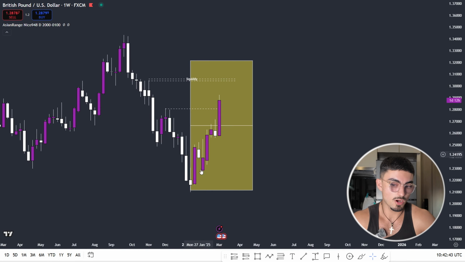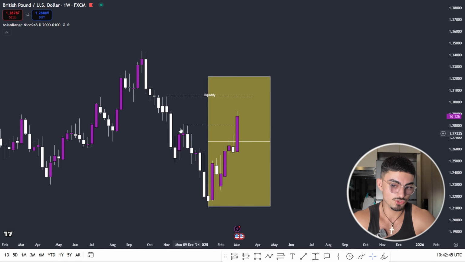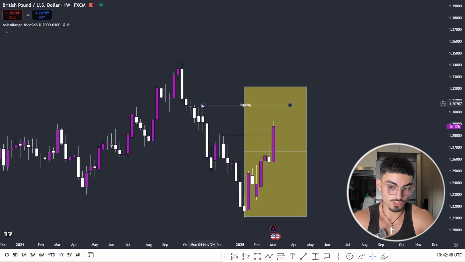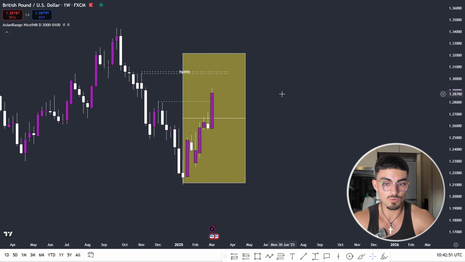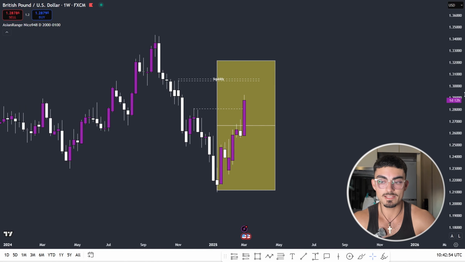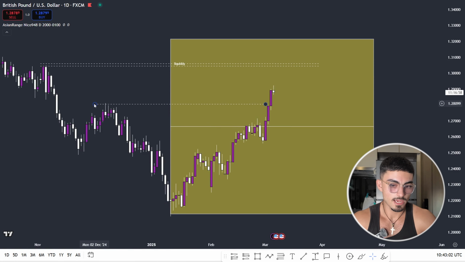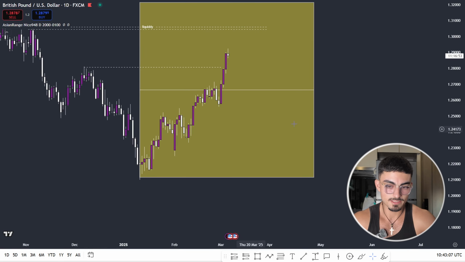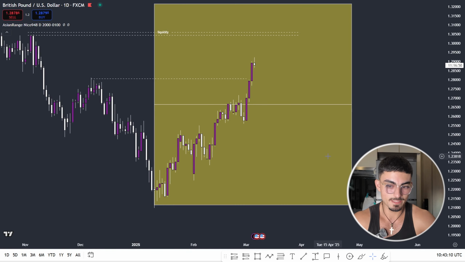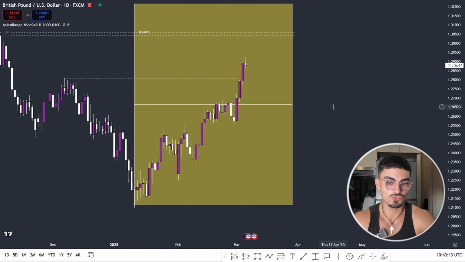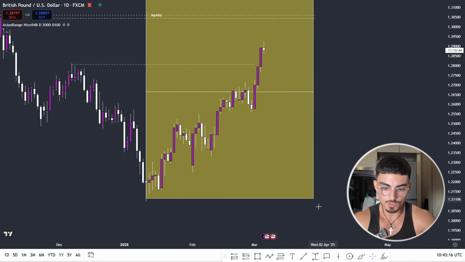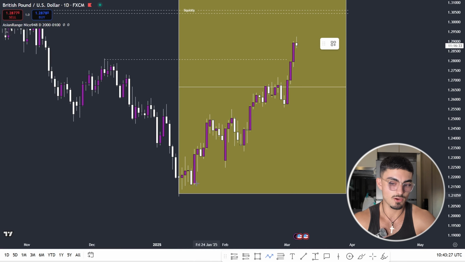So now that we can establish that the market is clearly trending higher, it's taking out previous structure and it's heading towards future structure, for example, this liquidity point up here, now we can drop down to the daily time frame and start to analyze this as well. And guys, I'm just going to literally focus yet again on this yellow box we can see right here, okay? Let's now focus on the market structure within this yellow box and show you that we clearly are trending higher, okay? So, what did I say before? I said an uptrend is when we're forming higher highs and higher lows, something like this, okay? And as you can see, we clearly are forming higher highs and higher lows right now on the daily time frame.